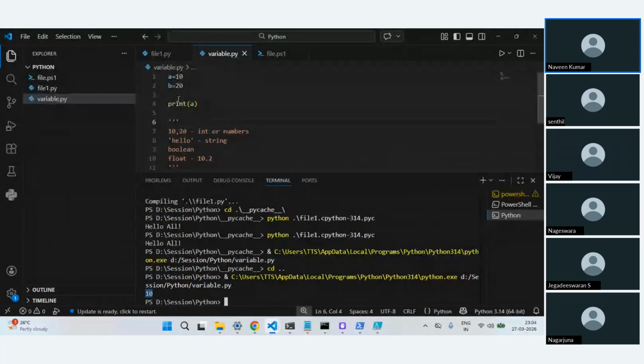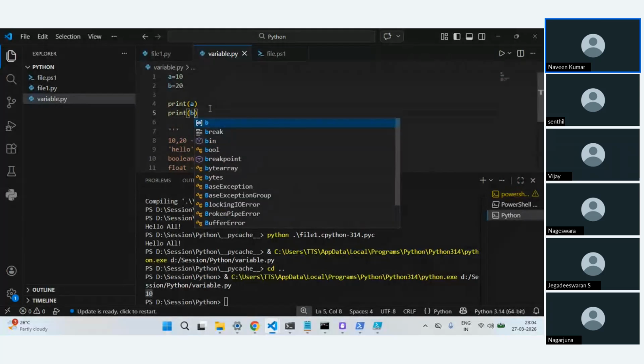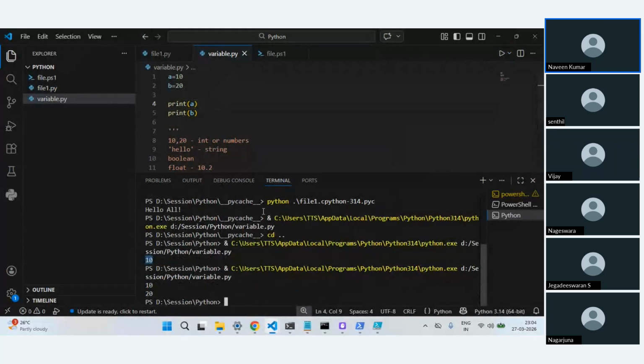If I want to print 20 also, I can just copy and do something like this, which is going to print 20. All this is fine, right? Now I'll say C is equal to, let's have a string, and I'll just say print C, and this will print.